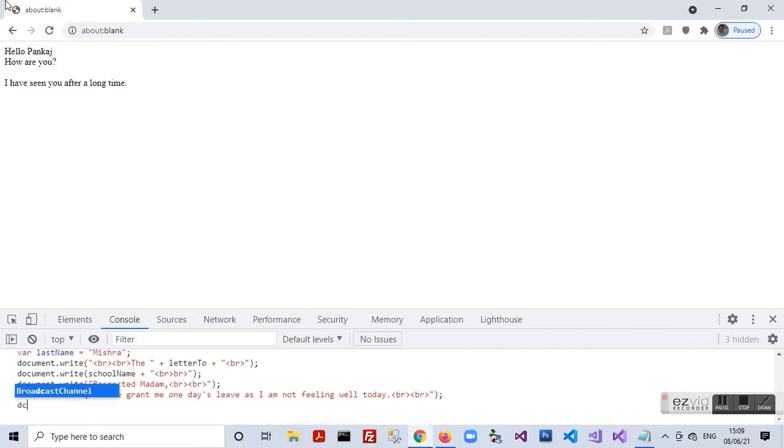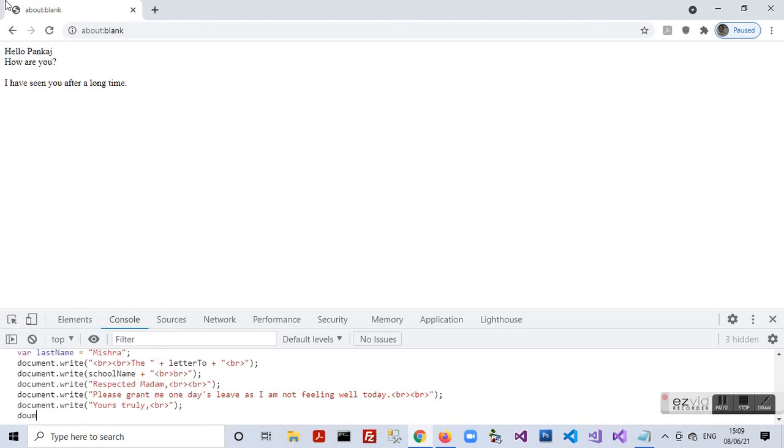Document dot write yours truly, comma, a single break tag, and in the end we press shift enter.